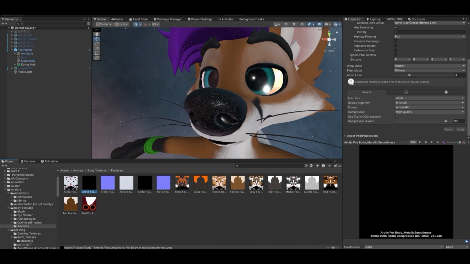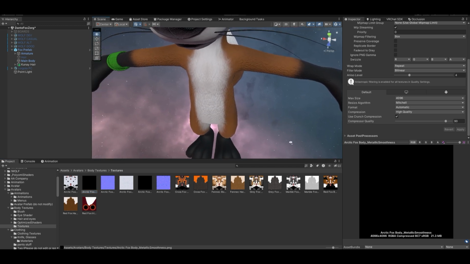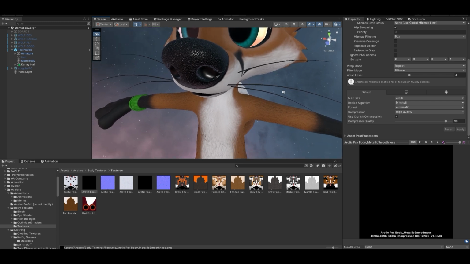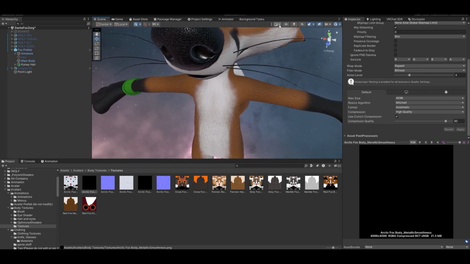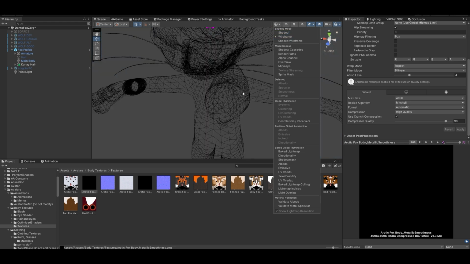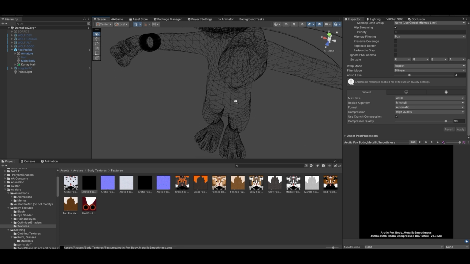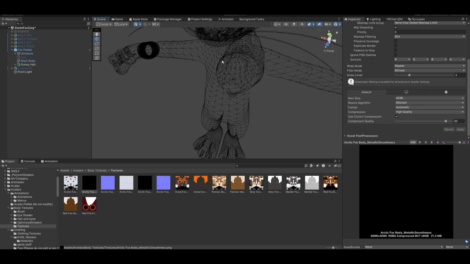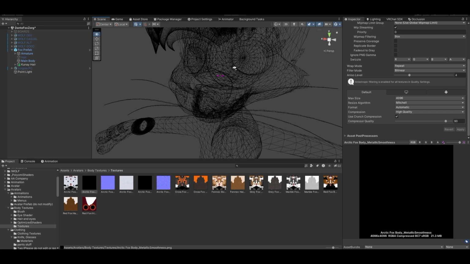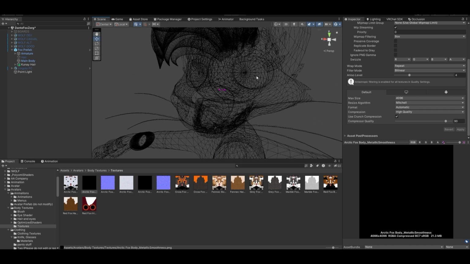Yeah, hey there. Today I want to dig a bit into detail mapping. For example, when you have a mesh, then you have different areas of more or less detail because you don't need it everywhere. When we go here in this shading mode, we can change to wireframe, so we see the underlying geometry. So the body needs less density of detail than, for example, a wrist cord or teeth, face in general,